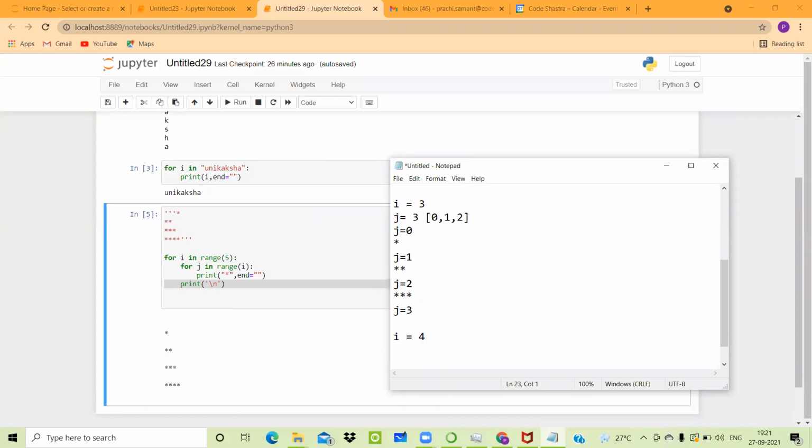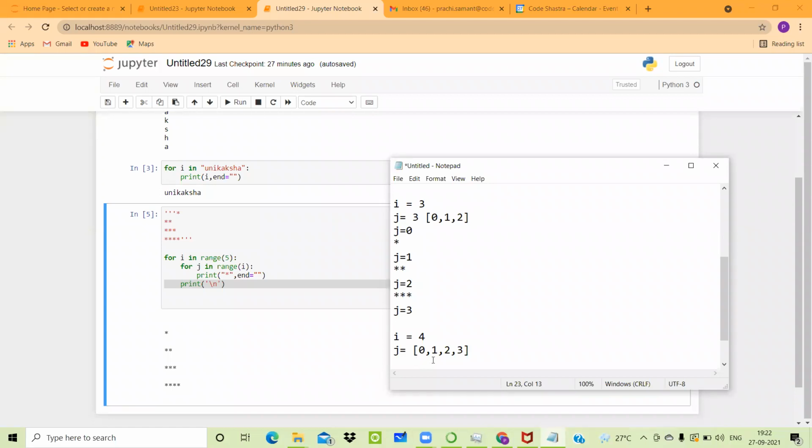When value of I becomes 4, it will simply check whether 4 lies in range of 5. So yes, 4 lies in a range of 5. That means this condition is true. It will go to the inner loop. In inner loop, it will set that j has to run till the range of 4. If j is running till the range of 4, that means j can accept the value 0, 1, 2, 3.